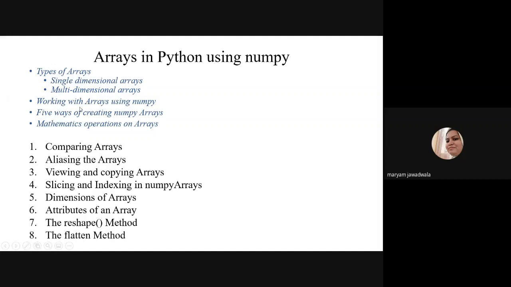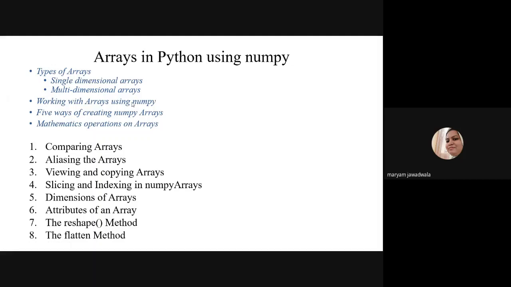Then, working with arrays using NumPy, we discussed a total of 5 ways of creating NumPy arrays, and some mathematical operations and ready-made methods which we can perform on NumPy arrays.